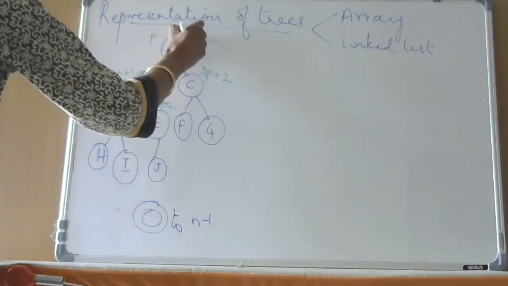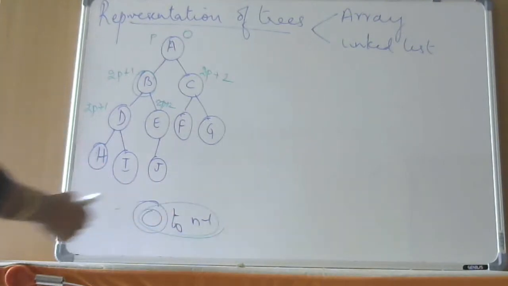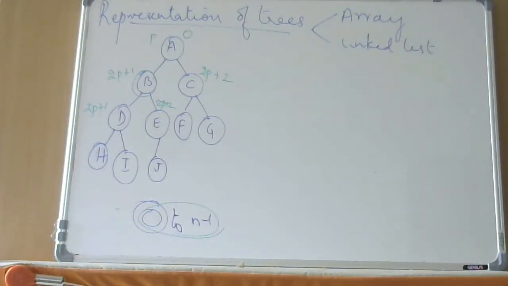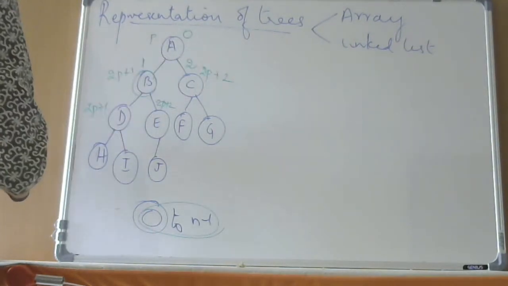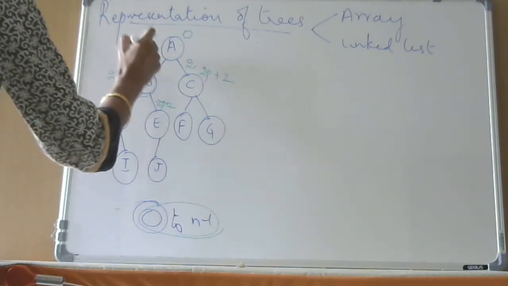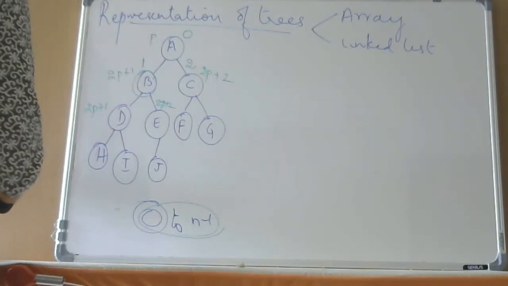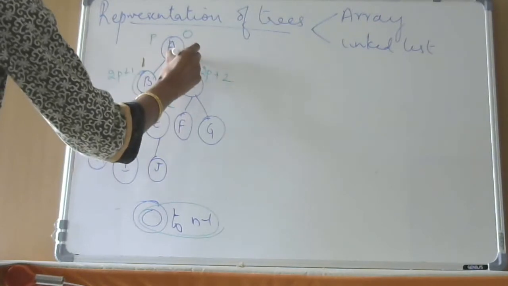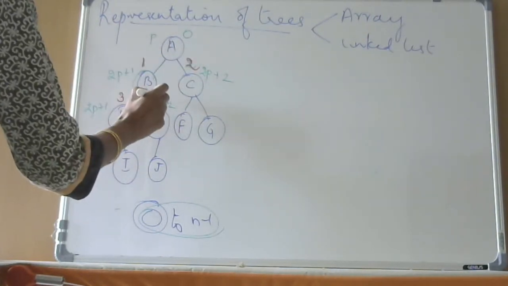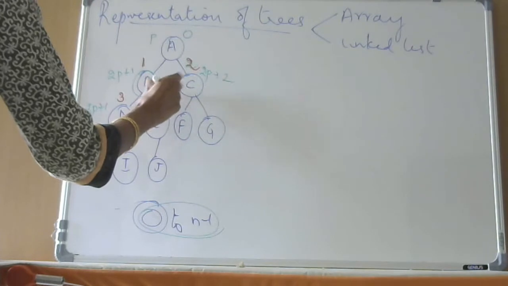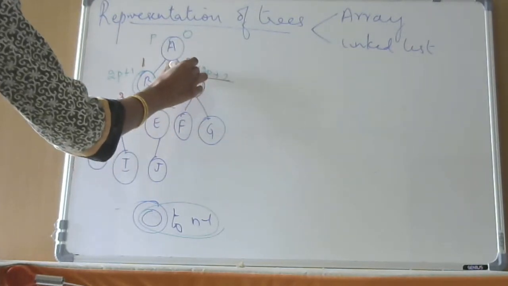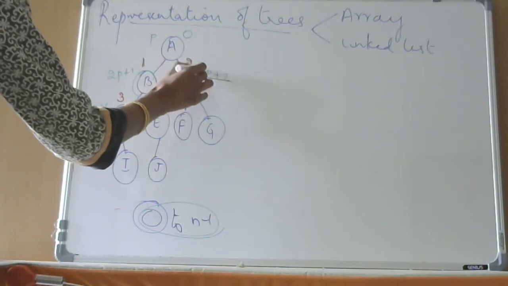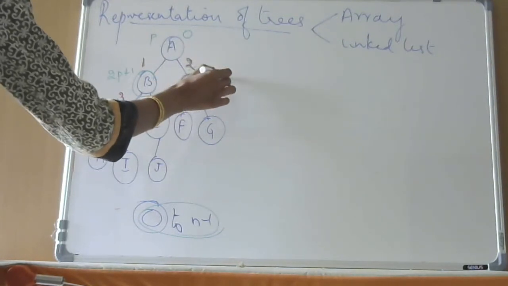If this is node 0, because I said nodes are numbered from 0 to n minus 1. In arrays, locations are numbered like that, by index. So if this is 0, I'll take this as 1, this is 2. This is 1, this is 2, this will become 3, this will become 4. See, for example, I said 2P plus 2, is it not? This C is what? 2. 2P plus 2 is what? 2 into 2, P is 2, is 4. 4 plus 2 is